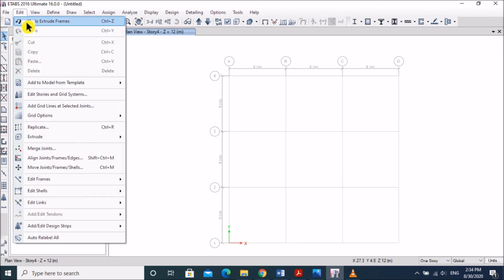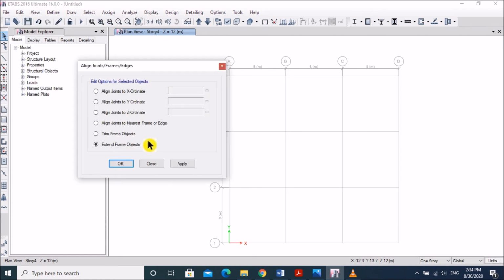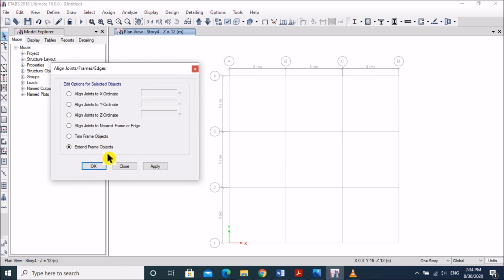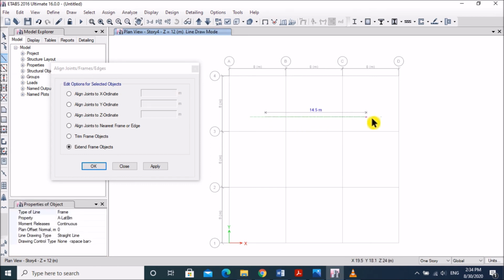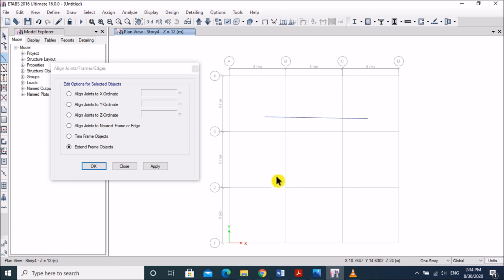Again go to Edit and then the align joints/frame edges command. In this case I want to extend the frame object, right? Draw a line, this is the line, draw another line.